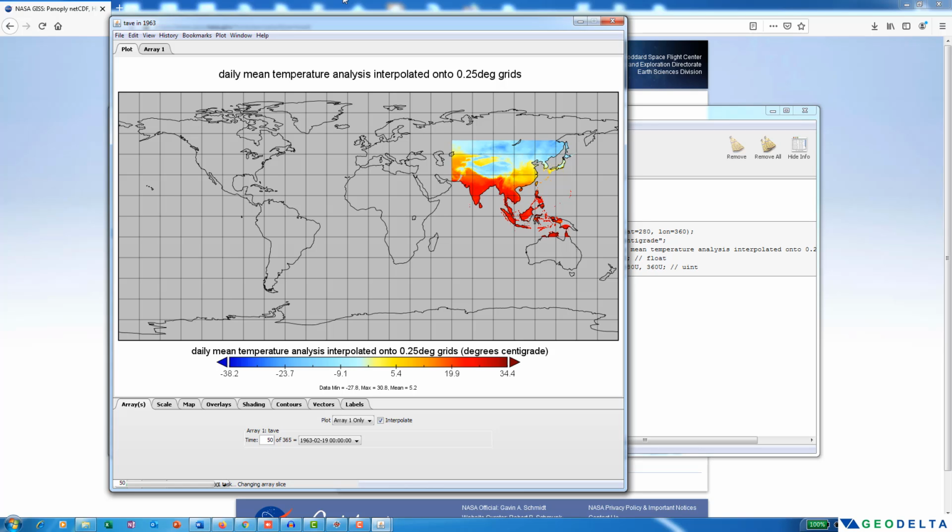Even though Panoply is not able to compute complex arithmetical tasks, it's just good enough to visualize the files, to see what the variables are, and to get an idea about the overall structure of the netCDF file. But if you want to do all these complex arithmetic operations, that's what we use Python for. So